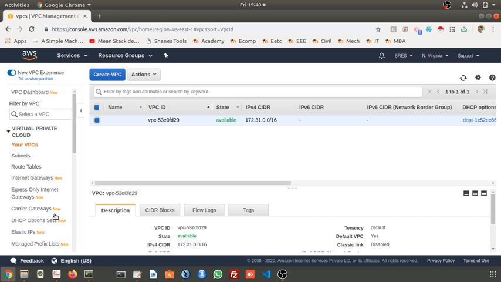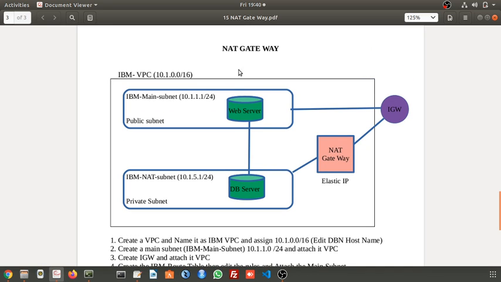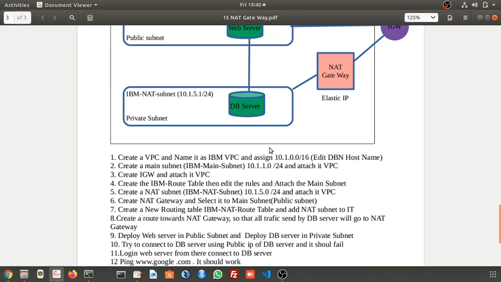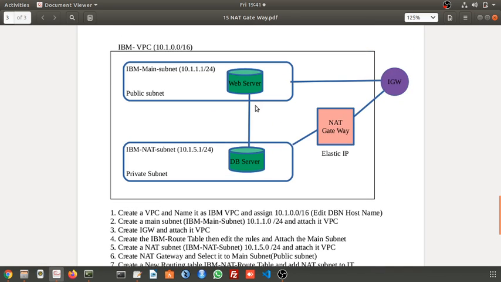So this is what today's video session was about. We have implemented this NAT gateway successfully and we have tested that the request is coming from this web server only. You can access this DB server only by logging into this web server. Directly you cannot access it, since you are having the public IP.